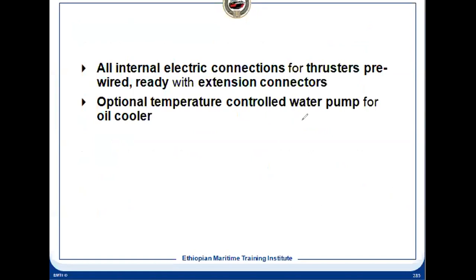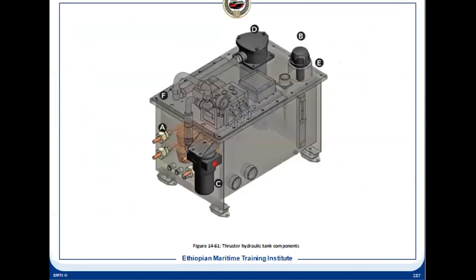And there is temperature control also, a water pump for the oil cooler. This oil cooler has a coil inside, which you can see here. These are the cooling coils. The water flows through them, and the temperature is controlled by this. It means at a certain temperature it should stop, and once the temperature increases, this valve automatically opens, water flows through it, and it cools. So it maintains a range of temperature in the system.